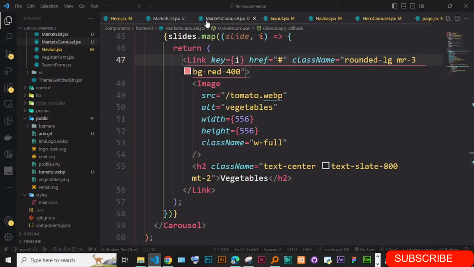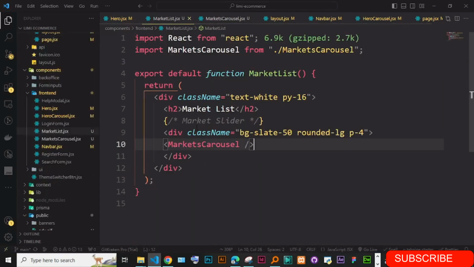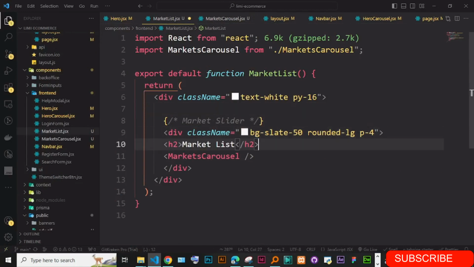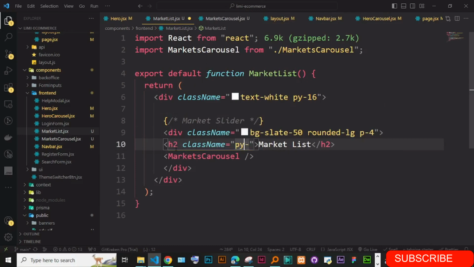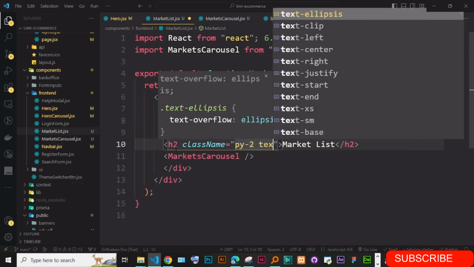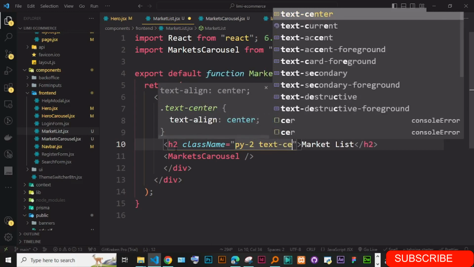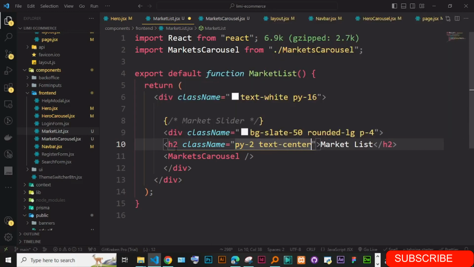So let me just go back to this, and you just get this H2, and let's get inside here. First of all, let's give it a padding. So I'm just going to say padding Y of maybe 2, and we just also give it a text center, and we could just say here shop by market,